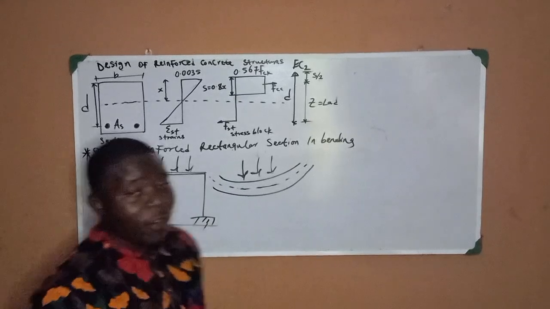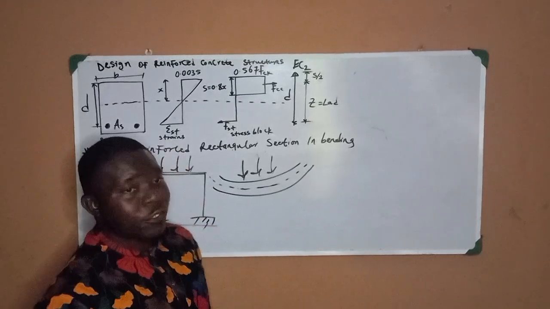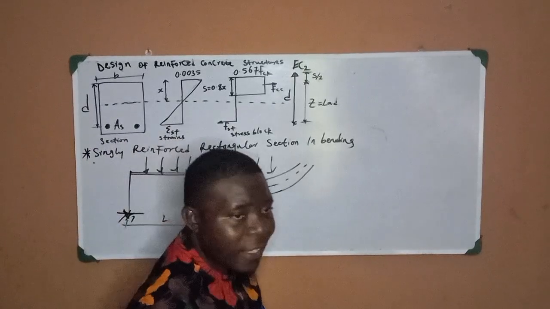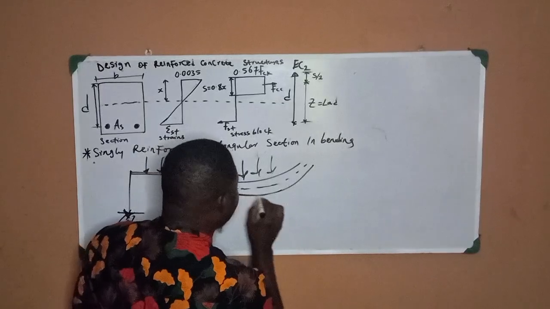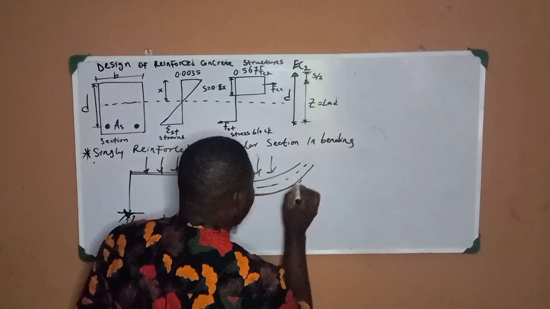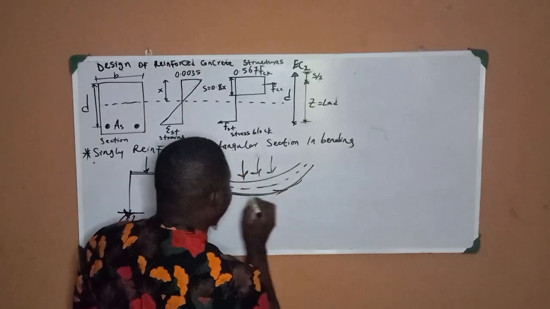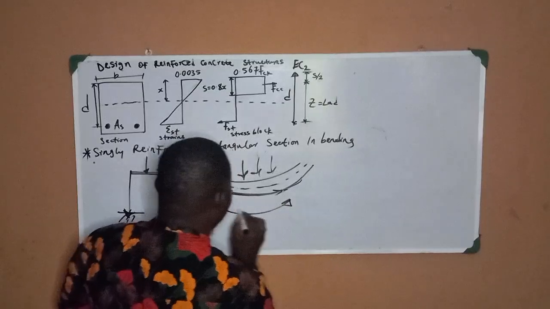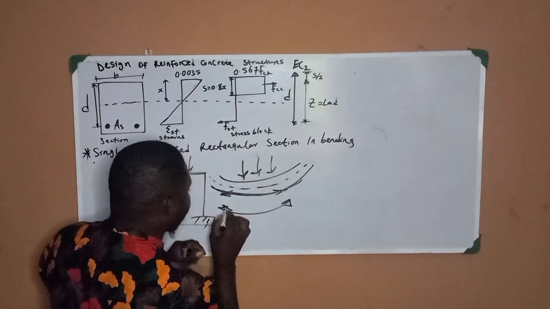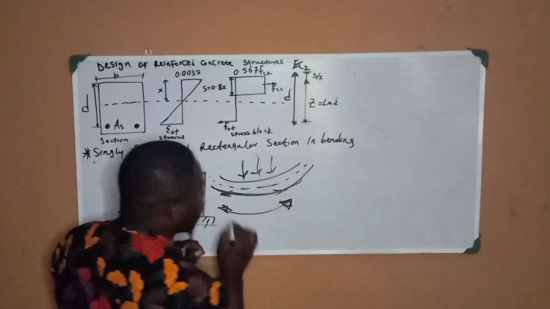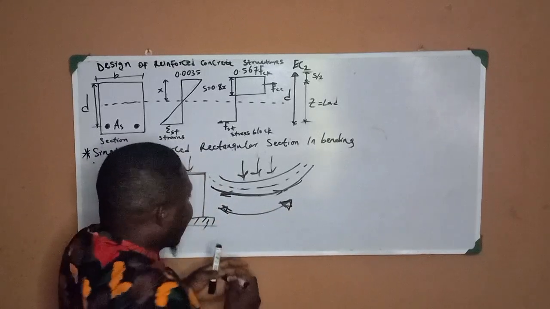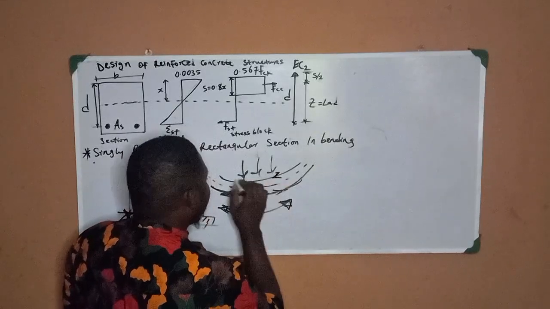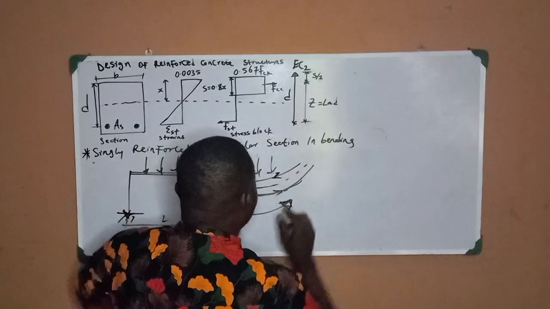Now this neutral axis is going like this, and it separates the tension zone from the compression zone. Like I said, this section will go into tension because the internal elements of this section will start to undergo tension. Due to the bending, here we start to stretch like this, and they start to stretch it. But on this other side, they start to squeeze due to the bending. You start squeezing. So here we have your tension,